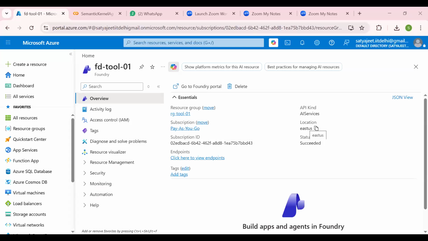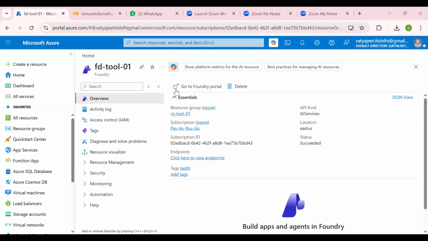So let me share my screen. Can you see my screen, everyone?